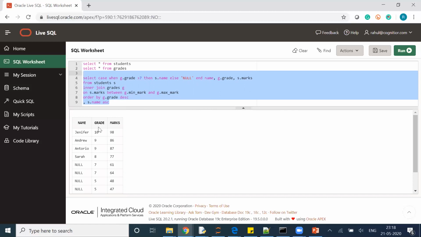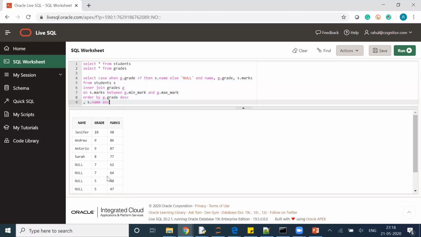So one part of the business problem is solved: when your grade is 8 or more, the data should be sorted by grade, and then if the grades are the same, the output should be in the alphabetical order of the name.